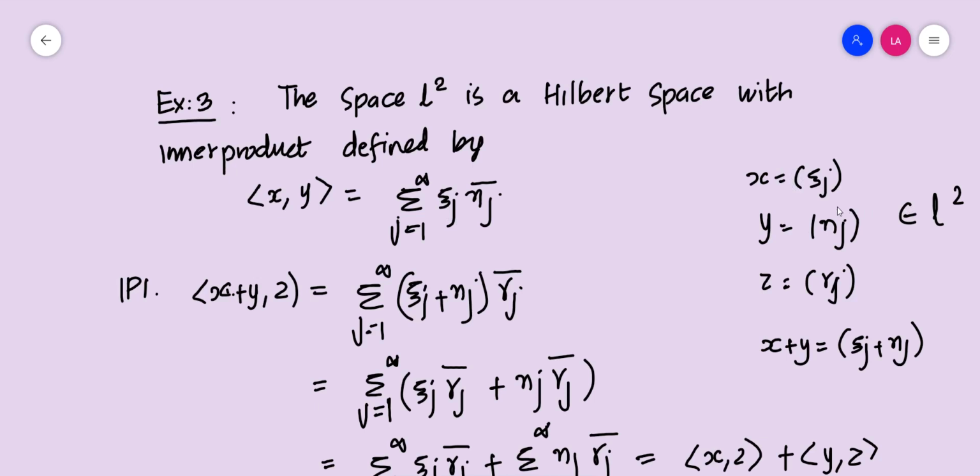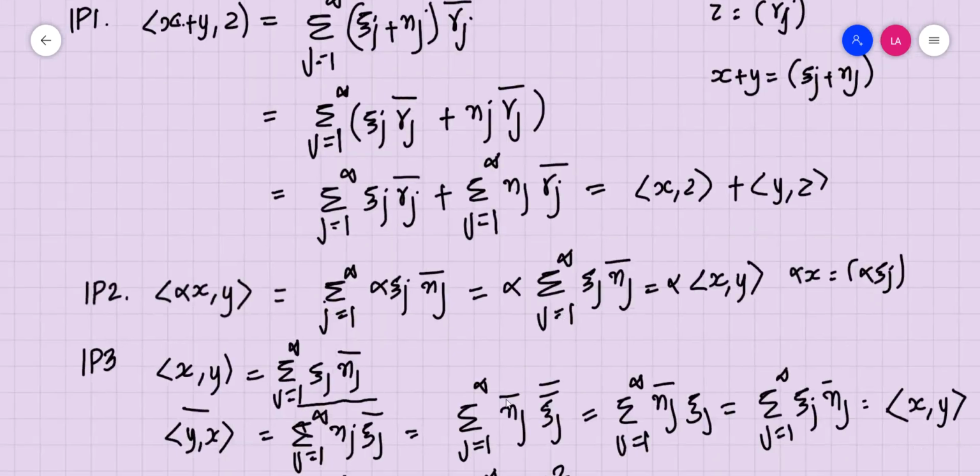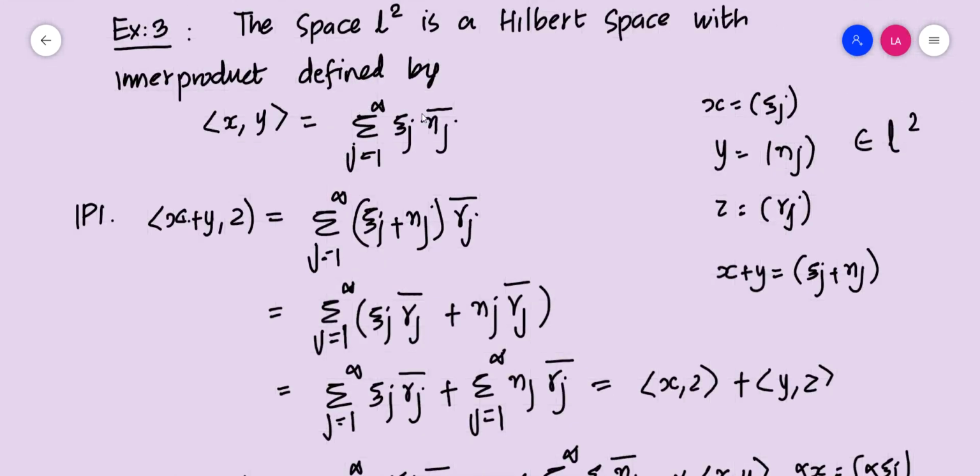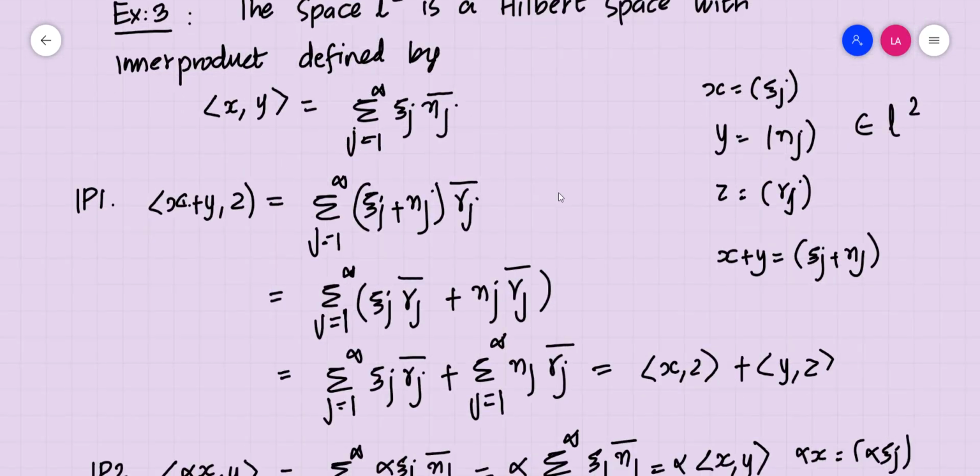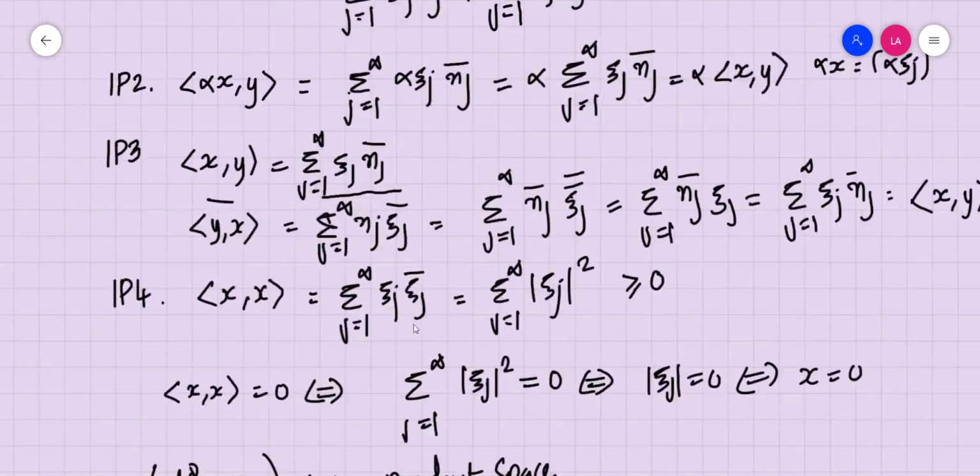So from that we can clearly understand that this is less than or equal to summation j equal to 1 to infinity modulus of theta j square, the whole raised to 1 by 2, times summation j equal to 1 to infinity modulus of eta j square, the whole raised to 1 by 2, and each of the individual sums is finite because the elements are in L2. So this sum exists only if this is a finite number, then only this definition has some meaning, and this is a finite number as well.